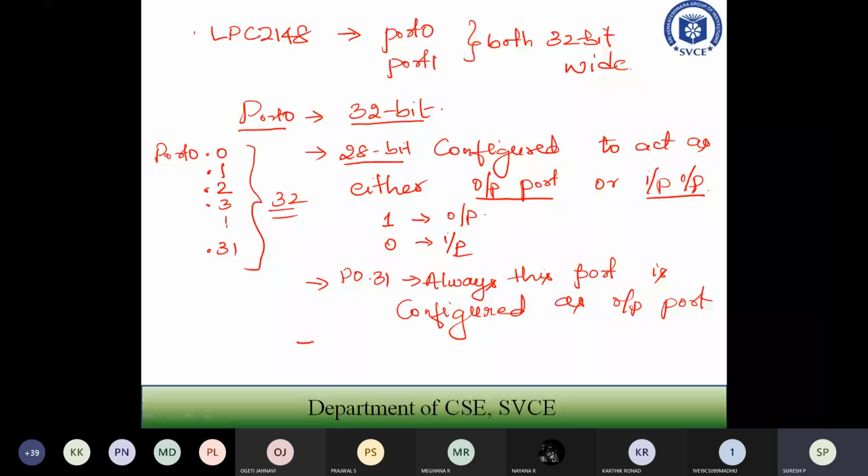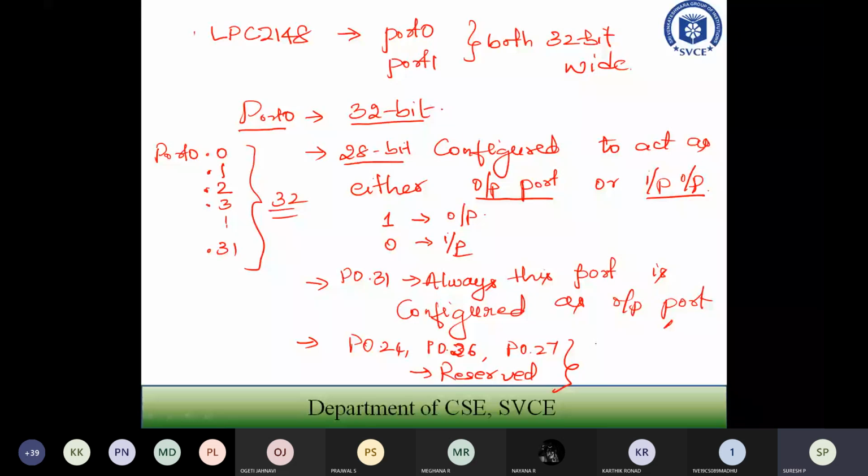Next, there are some other ports, that is P0.24, P0.26 and P0.27. These are reserved for future purposes. If any hardware manufacturer wants to use those ports, he can use them depending upon his requirement. Or if you want to build your own applications in the future, or you are doing some research activities and want to make use of these ports, you can use them. So port 0.24, 0.26 and 0.27 are reserved for future use.